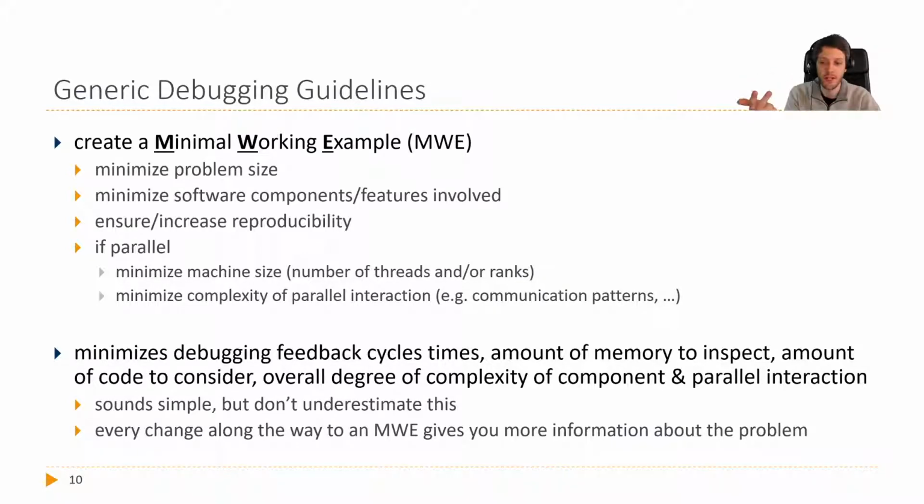And even the compiler flags, for example, if you have a bug that appears with O3 and does not appear with O0 or the other way around, it could simply be undefined behavior because the compiler makes some assumptions with O3 and does not with O0. So it could be some uninitialized variable or some other undefined behavior context. So all of this gives you more information about your problem,